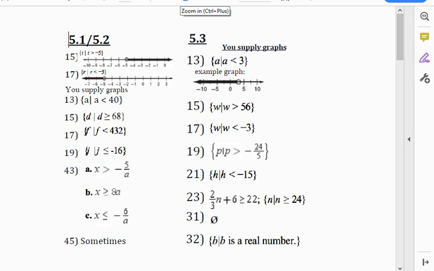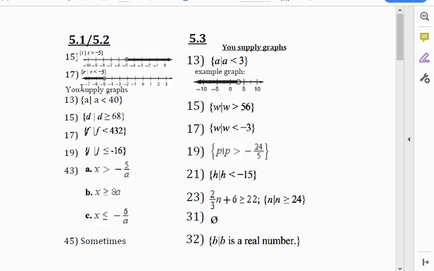So the first one, question number 15, the answer is that t needs to be greater than -5. Open circle and then to the right of -5. 17, r needs to be less than -5. So open circle around -5 and then to the left. In 13, A needs to be less than 40, 15D is greater than or equal to 68, 17F is less